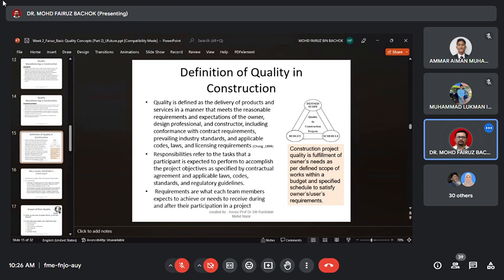Schedule is the time you have to follow, not delay. Okay, so I have to complete your project before the time that has been agreed with your client, and also within the budget. I cannot go over the budget. It's normal to go over the budget, but again, you must have a good justification, a good reason why you need the